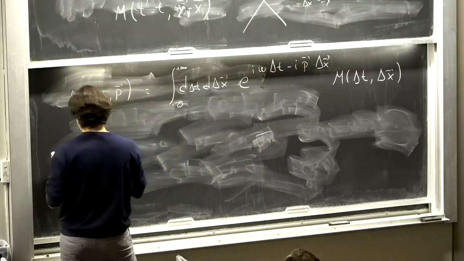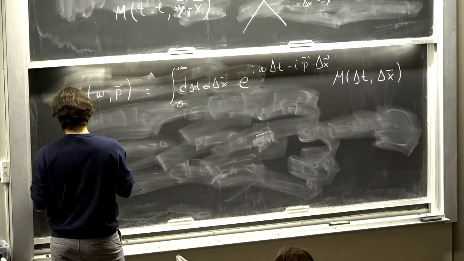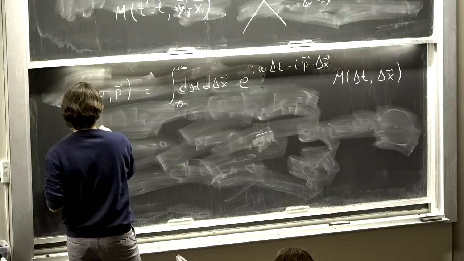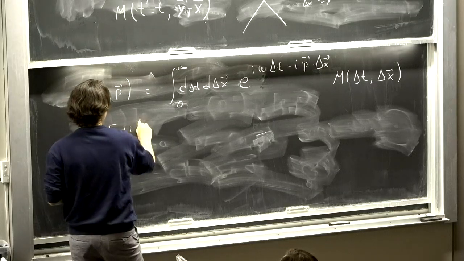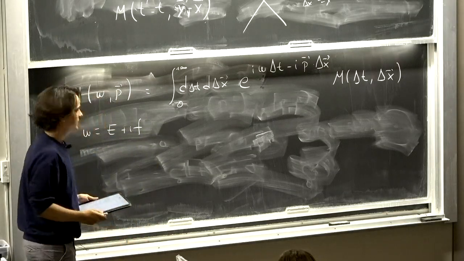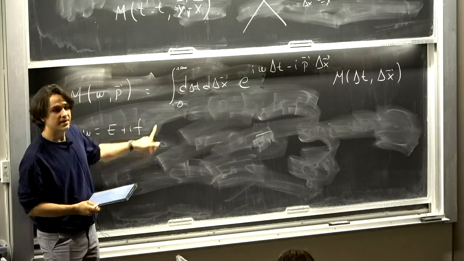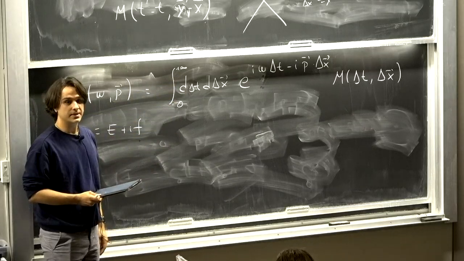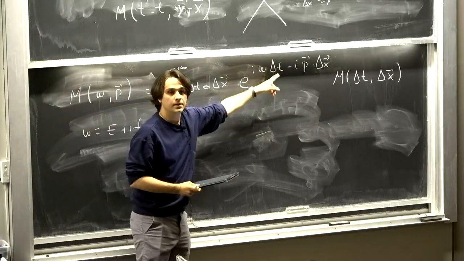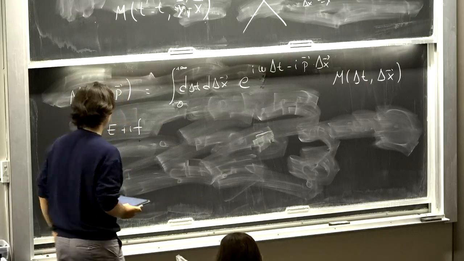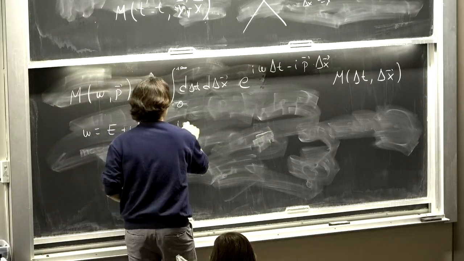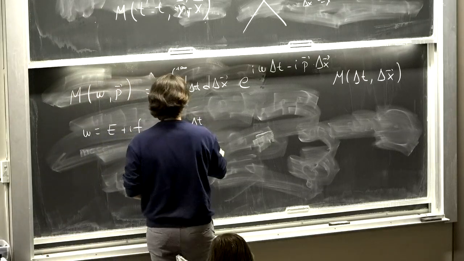If I write omega as omega plus i f, right? Actually, the bigger I make f, the better defined this Fourier transform is, because I'm just going to add some exponentially suppressed factor, right? So e to the i omega delta t will be